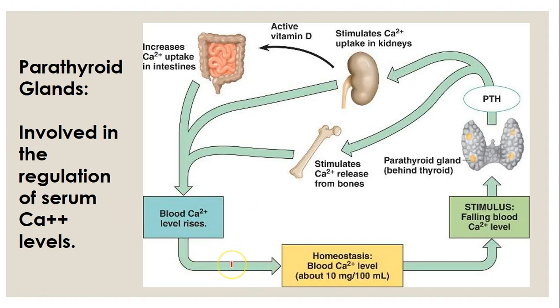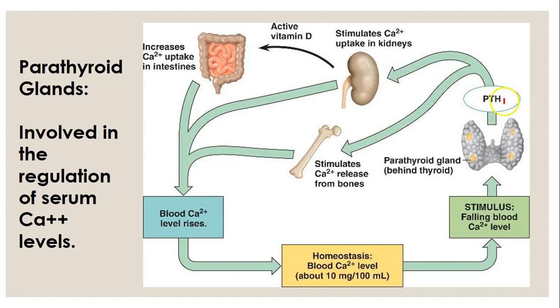let's see, probably not the best place to start. I'm trying to see the best place to start here. Okay, so we start off in homeostasis and everything is looking good in the blood, and then we flow this way. We start to have a fall in our serum calcium levels, and so that will stimulate the parathyroid glands to